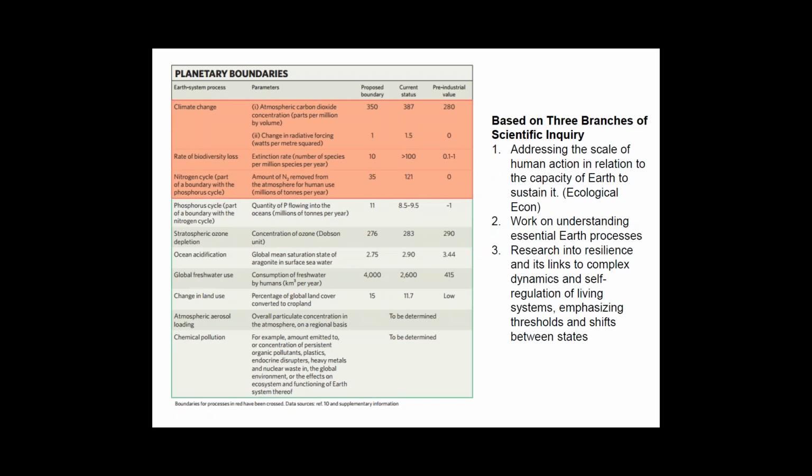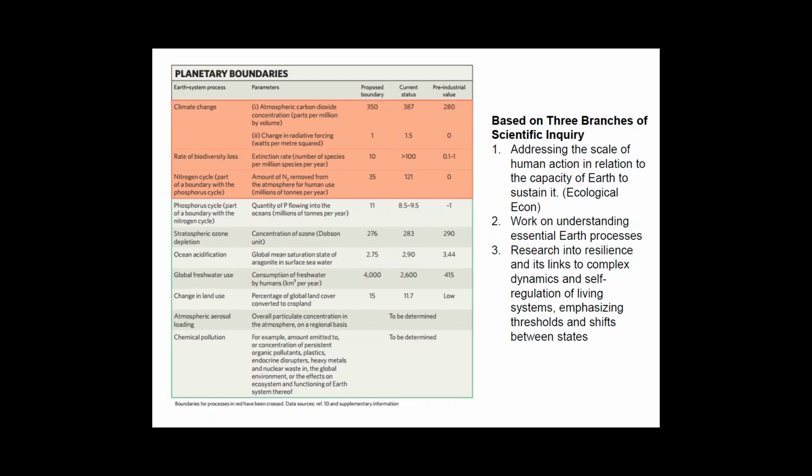Freshwater use is how much water humans are using each year. And again here, we're within the safe operating space, but you can see we have a significant increase from the pre-industrial value. So that's a place where we could potentially, with population growth and increasing use of freshwater for crops and other uses, fall into that sort of danger zone. Land use change is measured in percent of global land cover that's been converted from forest or whatever it was previously into crop land.